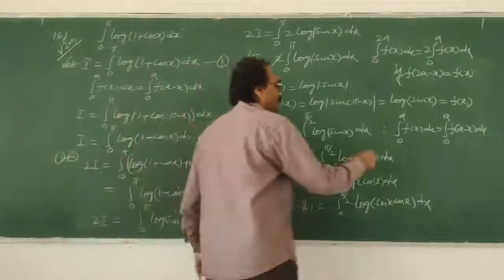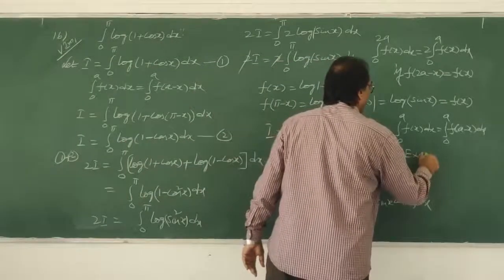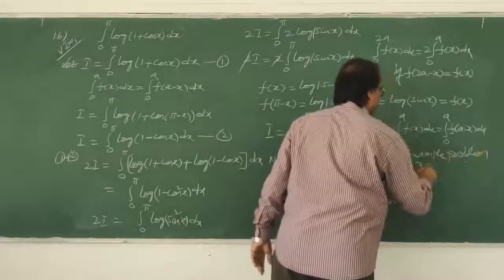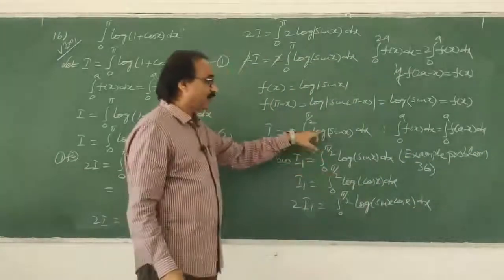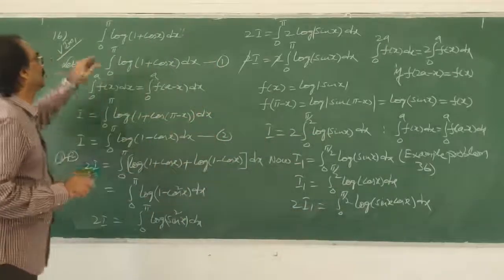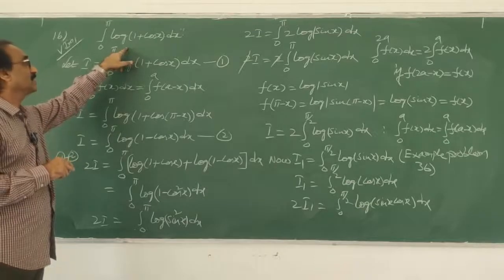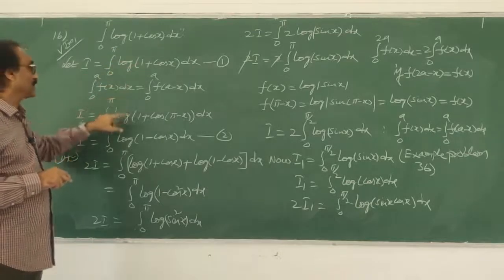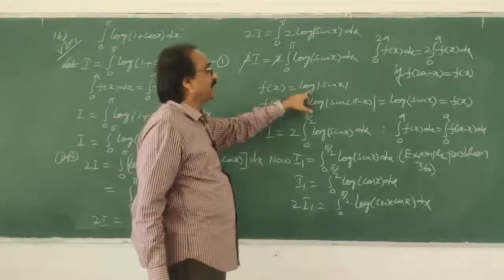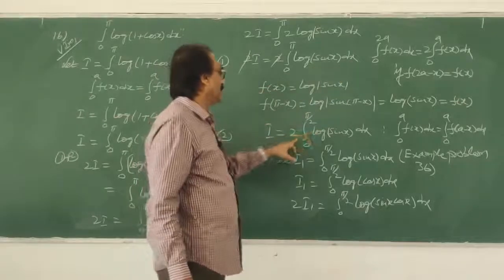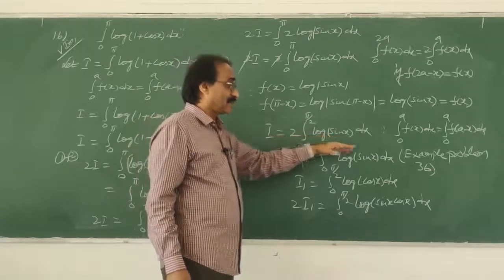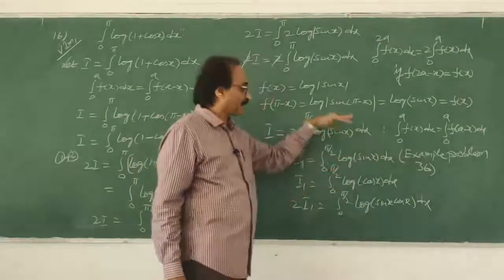So I will write here: this is an example problem in the textbook, problem 36. Actually this value you can directly write, but how this value has come, I am explaining again here. Okay, now once again you see. This is a problem given, integral 0 to pi of log of 1 plus cos x. This is the same, apply the same formula here. Then I got this one added, then I got log x power n, then 2 log sin x, again this property, two properties applied here. Then we got 2 times the integral of log sin x. This value we can write, provided example 36, if you do. We didn't do it, no, that's why I am explaining this property also.